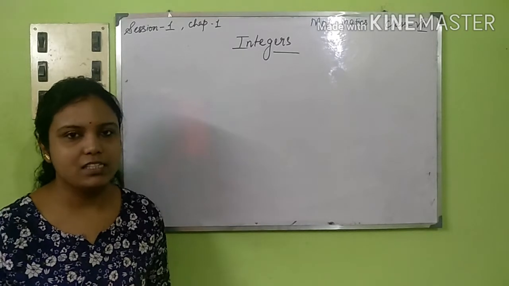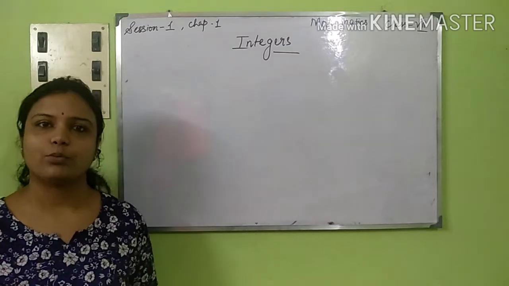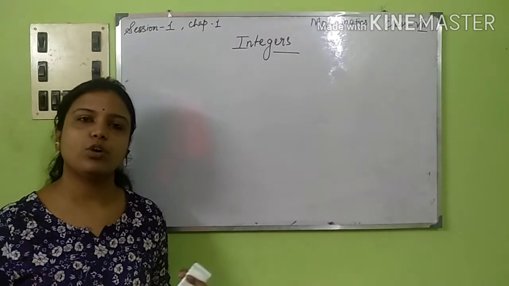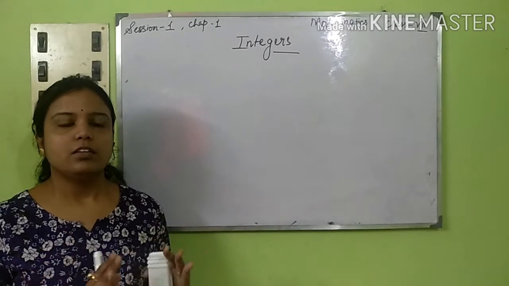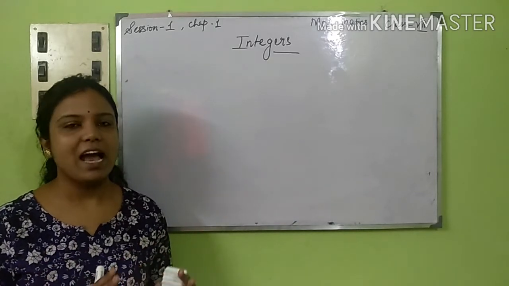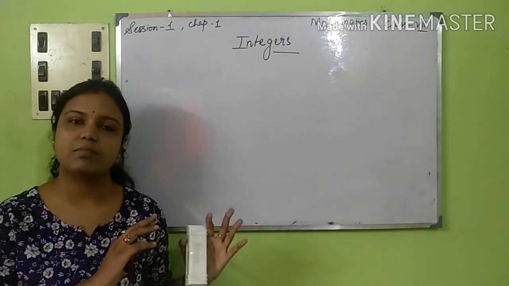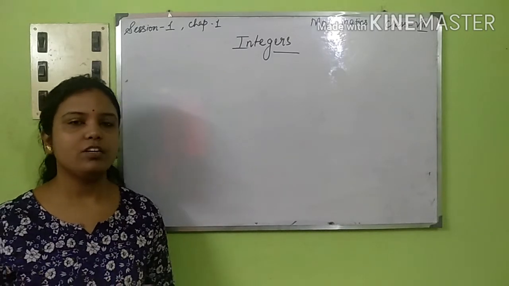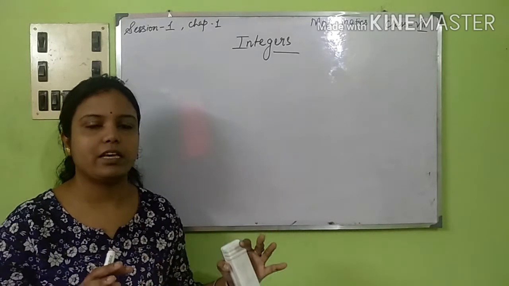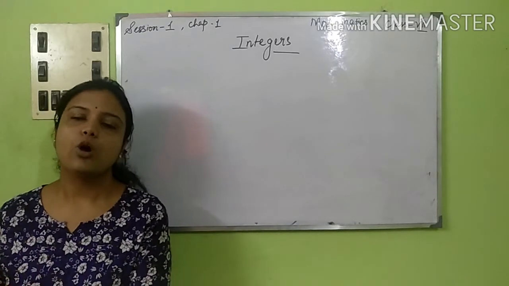Okay, so let's get started. I think it will be a very easy chapter and a very short one. Anyway, the first thing that I'm going to discuss is what are integers. Now integers are the negative natural numbers and the whole numbers. As you know, the negative natural numbers is from minus infinity to minus 1. So from minus 1 to minus infinity, whatever numbers are there, those are known as the negative natural numbers, and including the whole numbers.